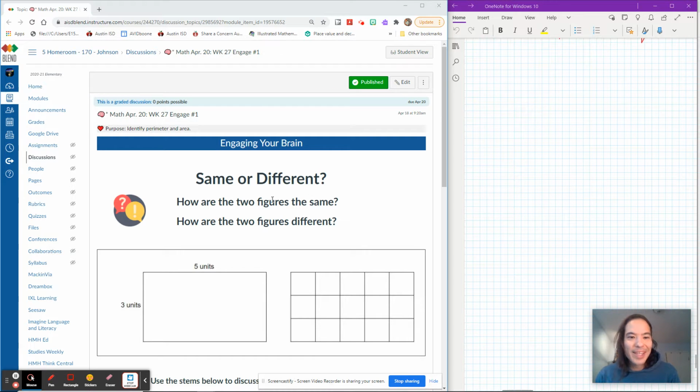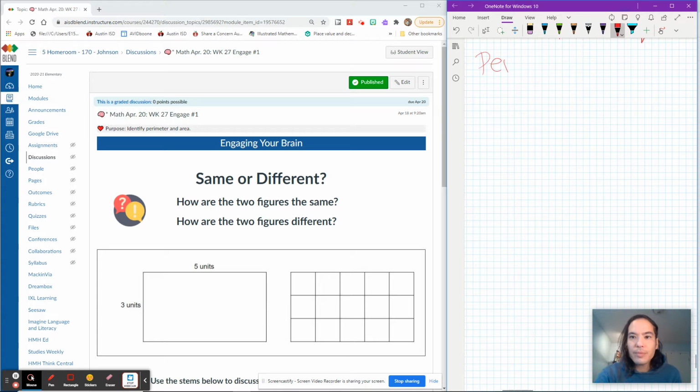All right, so today we are looking at two pictures. One is labeled, one is not, and one has been marked off into square units, and one has not. So, real quick, let's review some stuff from yesterday. First off, perimeter